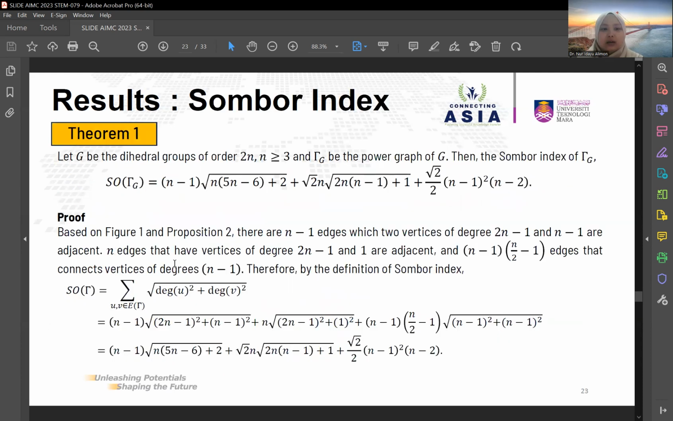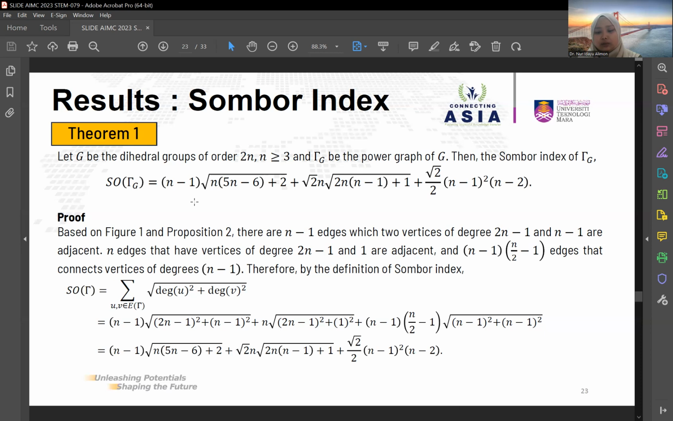So next, this is the main result, the Sombor index, and next we will go to the Sombor polynomial. The Sombor index of the power graph of the dihedral groups is equal to this formula. So this looks very easy, but actually it requires a lot of understanding in graph theory and also group theory. First, you need to understand the dihedral groups, the relations in dihedral groups, and then construct the graph. And then some propositions and also properties of the graph we need to know. And then from the pattern of the graph and also the edges, we can